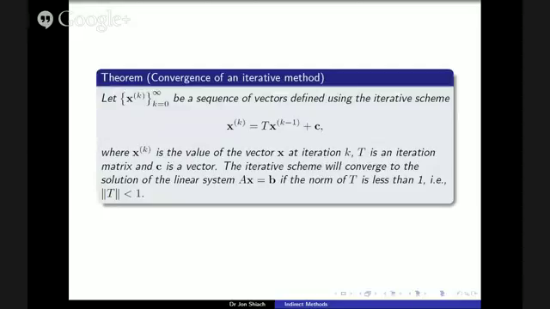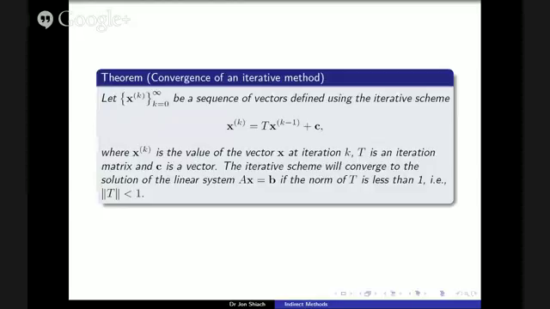If we have a sequence of solutions, x to the superscript k, so this is just a sequence of solution vectors, then our next estimate of the solution is the iteration matrix T times a previous estimate of the solution plus some vector C. In this analysis, C is just ignored. It is there, but it doesn't really